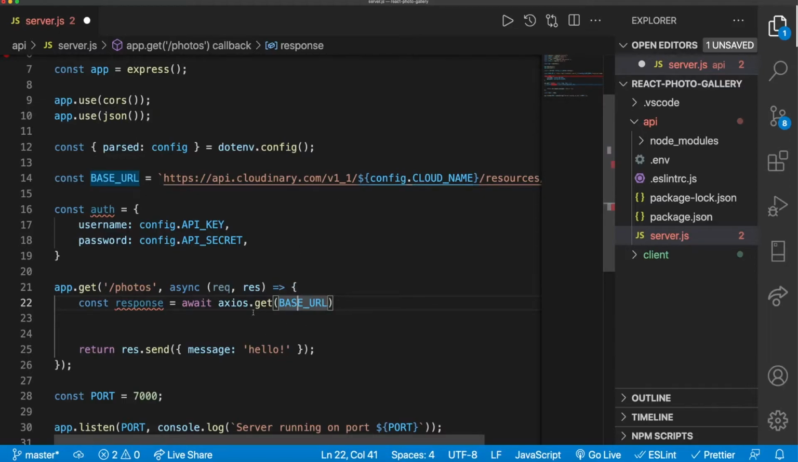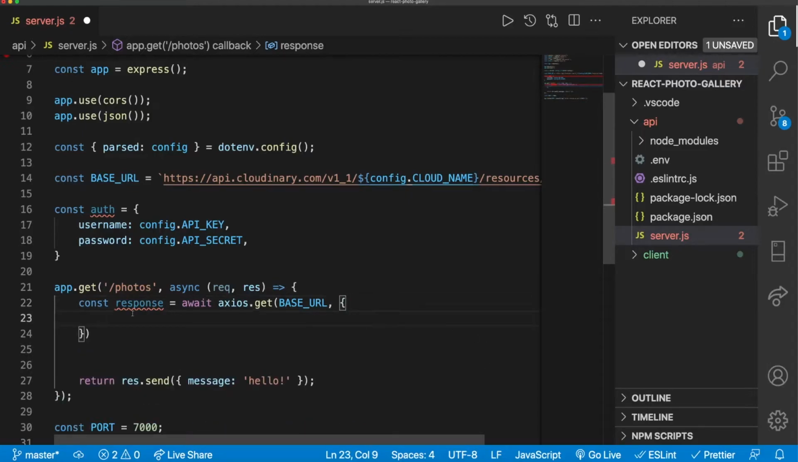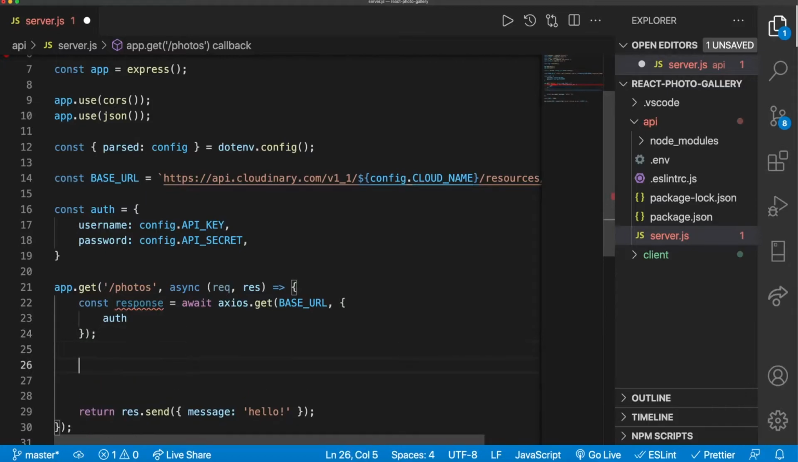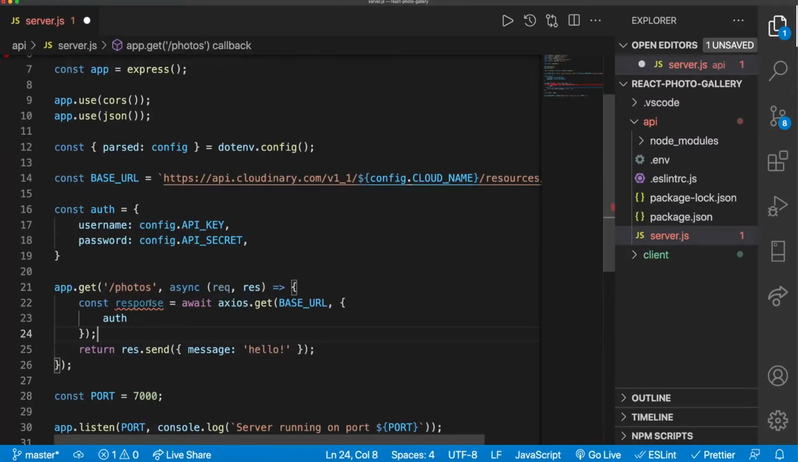Axios lets us pass in some configuration as an object. So just after base URL, we will take a comma, open our braces, and this will contain our config for this request. At the minute, all we need to do is pass in our username and password. So we'll just pass in the auth object in here. So we'll just say auth. What we want to do now is simply return the data that comes back from Cloudinary. We can delete the object that we passed to our send function previously and say